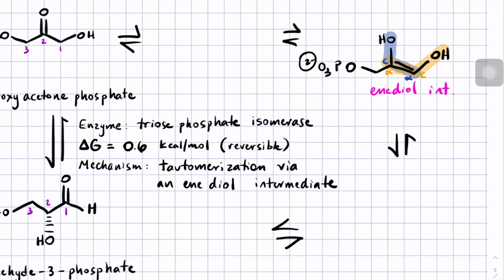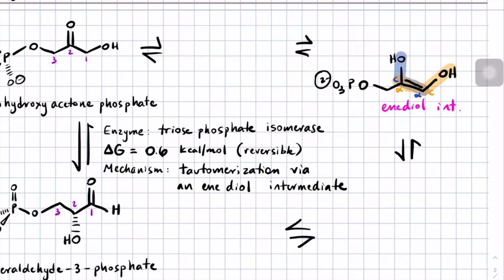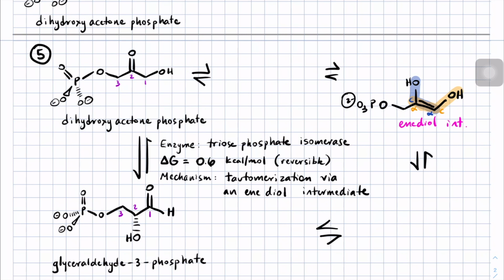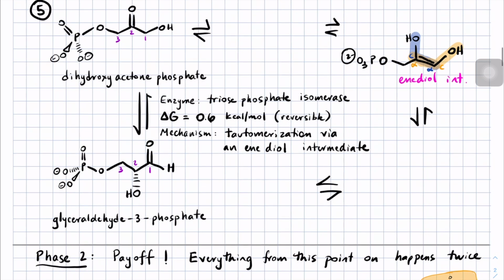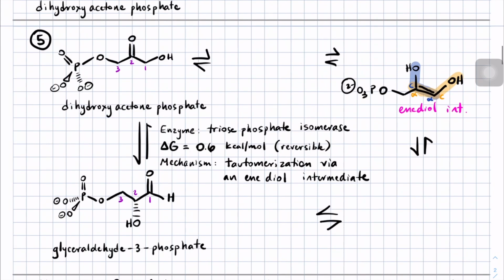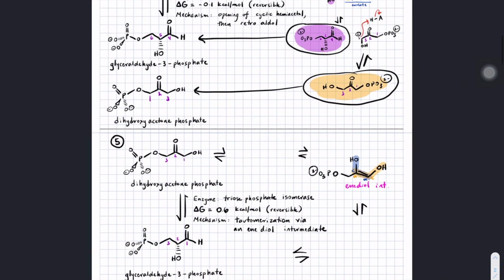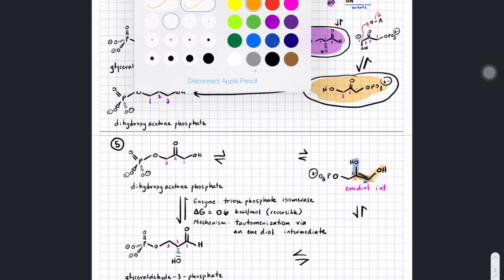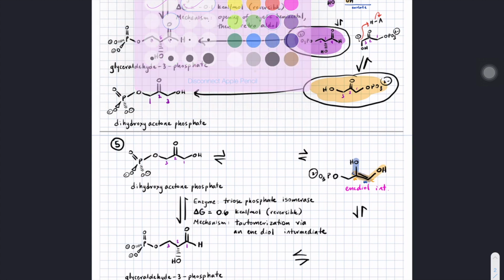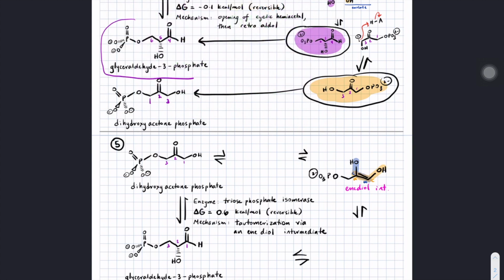And so that ene-diol intermediate allows you to interchange freely between dihydroxyacetone phosphate and glyceraldehyde 3-phosphate. So now, if you look at what we have done, for each glucose molecule, we now have